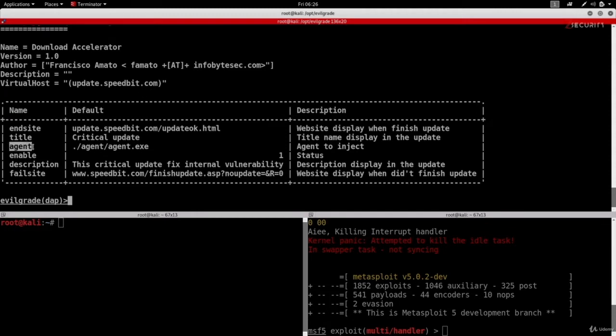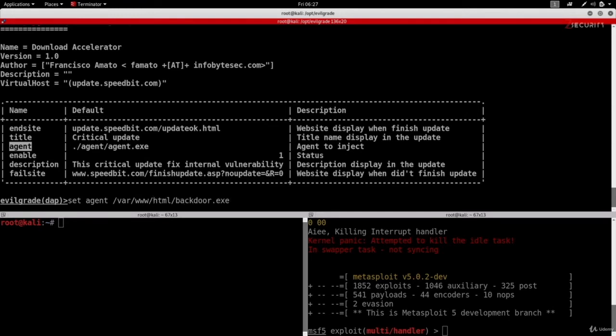This is the path to the program that will be installed as an update. So in our case, we're going to be replacing this with the backdoor that we created in the previous lecture. So to change this option, we're going to do set agent, the option name, to the location where I have my backdoor. And my backdoor is in /var/www/html